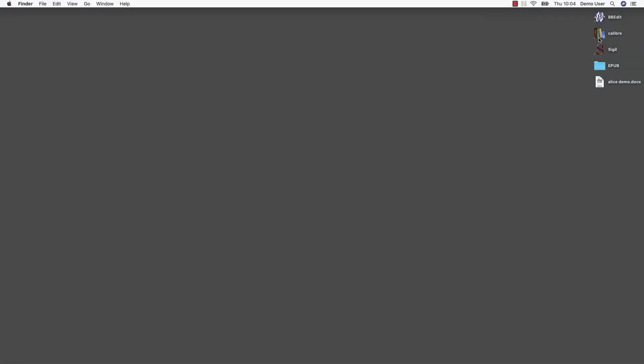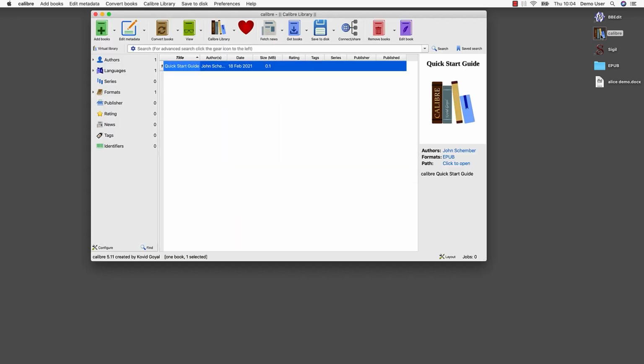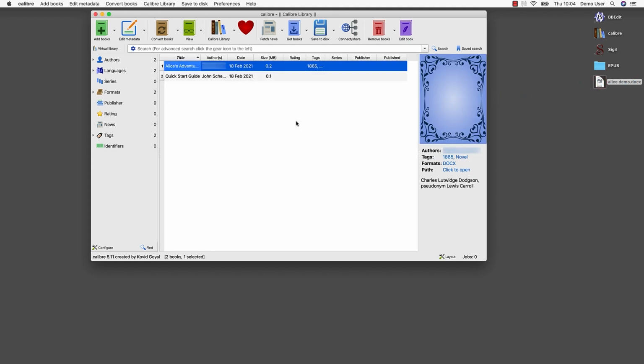We start Calibre. We add a new book, in this case, our Word file. Once it's loaded, you can see a new line in the Library Manager. On the right, we see the cover, currently only a default image, and some metadata information. As the Word file does not offer the metadata required for an ebook, we need to create it. We activate the Edit Metadata function.